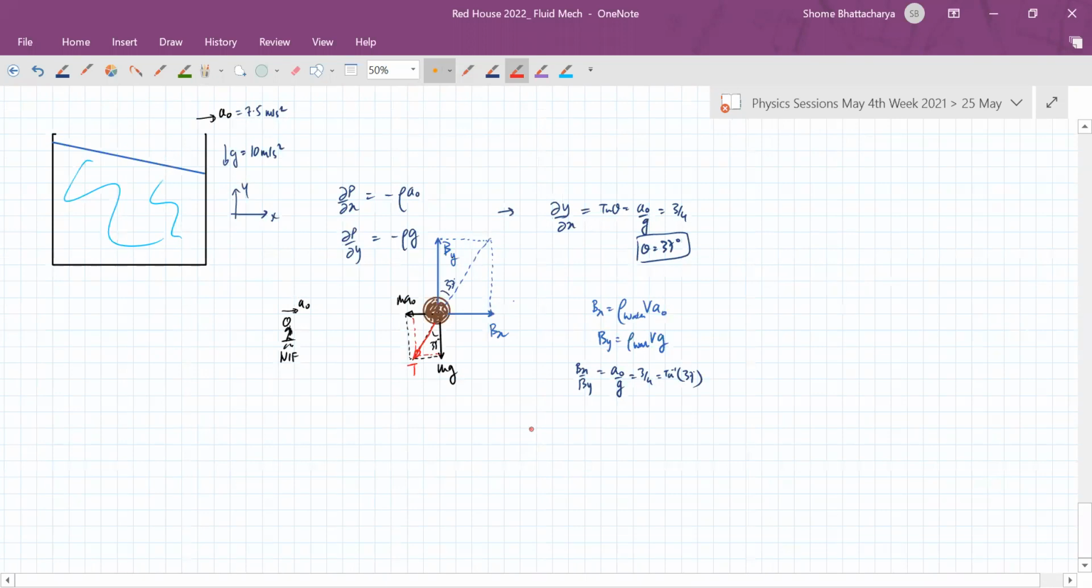So that's how you realize that the tension has to be in this sort of direction. So T's x component, which will be along the negative x direction actually, is density of water minus density of wood into V into a, and T's y component